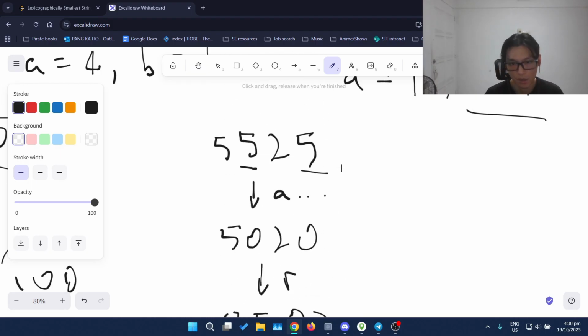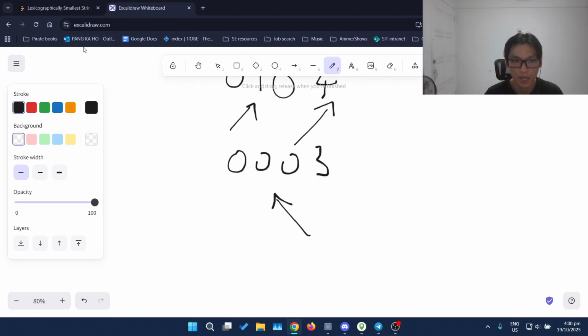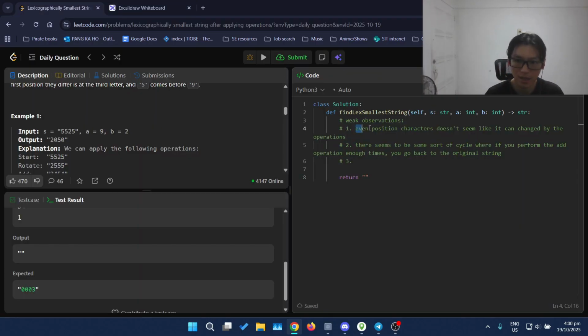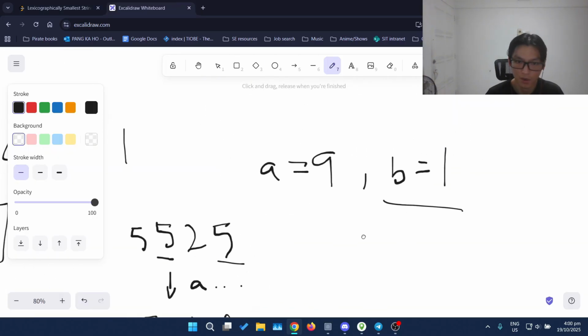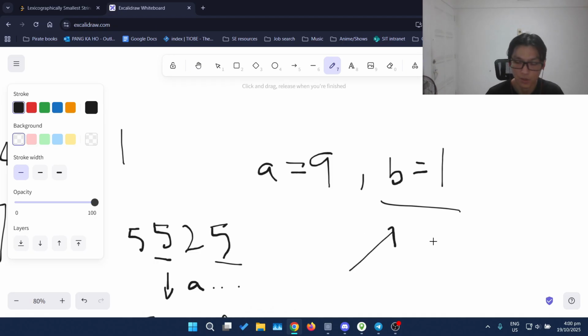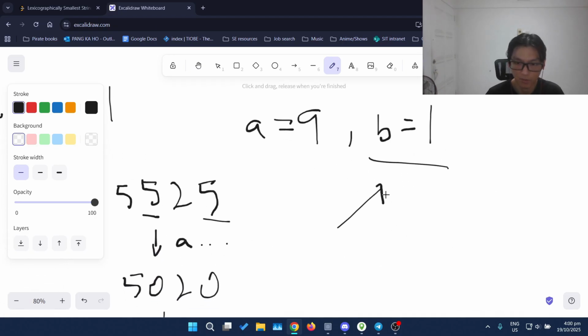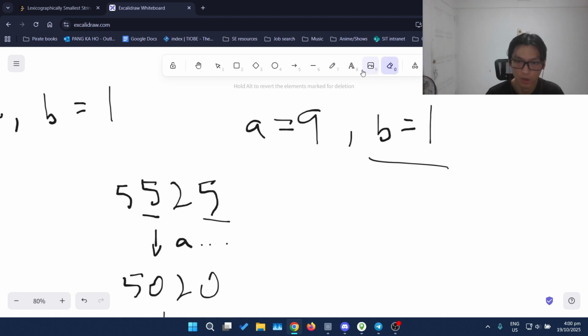So what does this tell me? This tells me that it's not that the even position characters can't be changed by the operations, but if you can move them into an odd index, you can actually change that. Okay, this is when b is equal to 1. What if b is equal to 3? Because